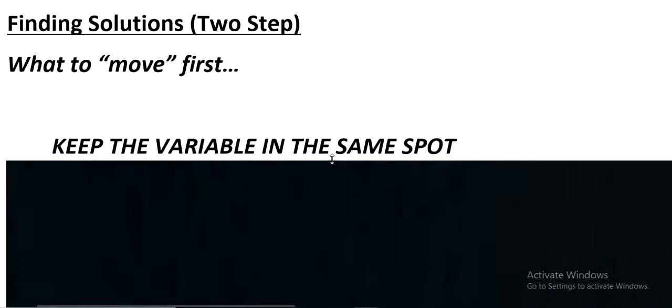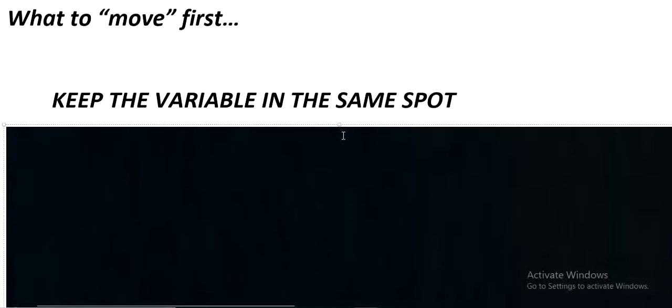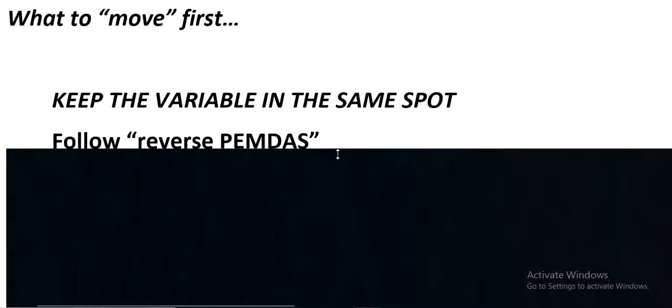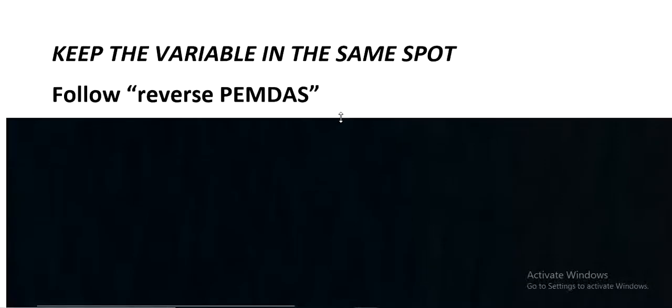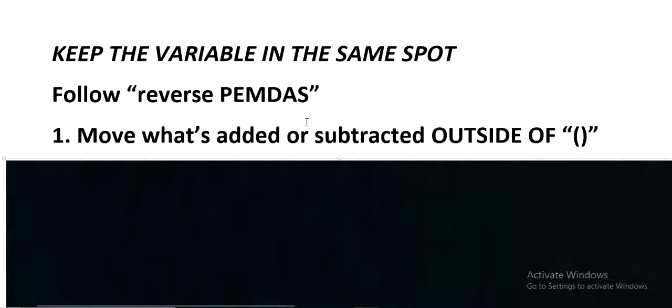The first thing we need to do is make sure we keep the variable in the same spot. That's kind of the key to everything here. We're going to keep the variable in the same spot and move all the other values away from it. We're going to do that by following reverse PEMDAS, and that's going to actually tell us what to move first. So when we follow reverse PEMDAS, the first thing we look at is whatever is being added or